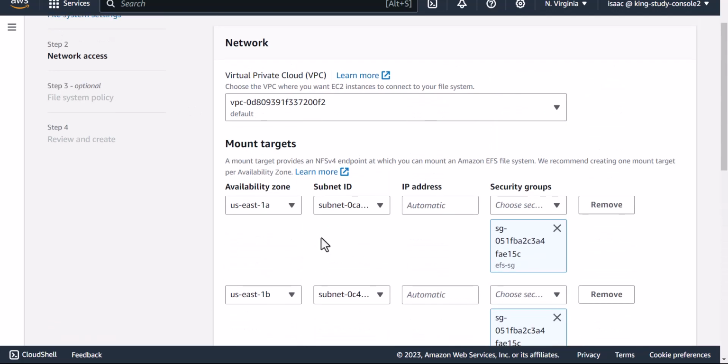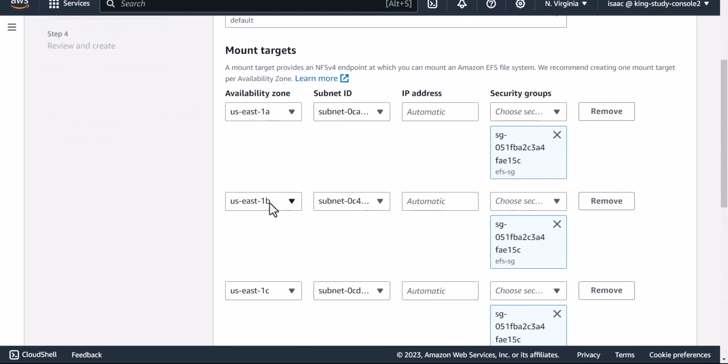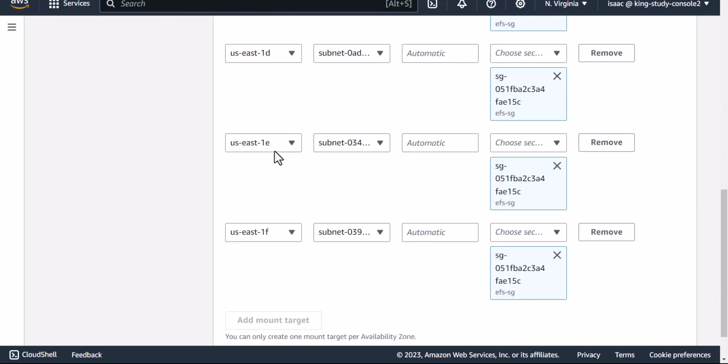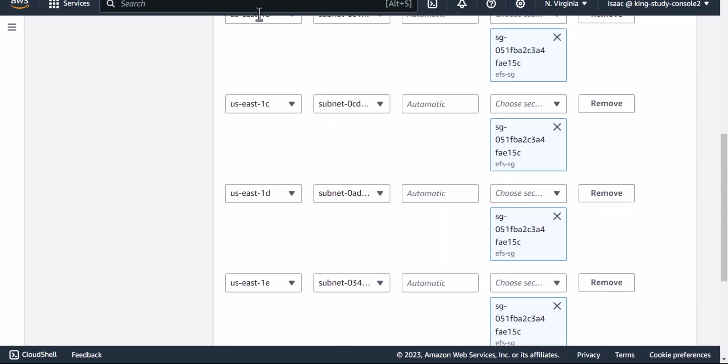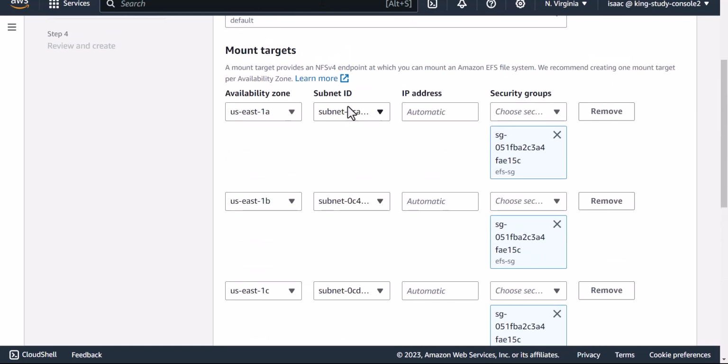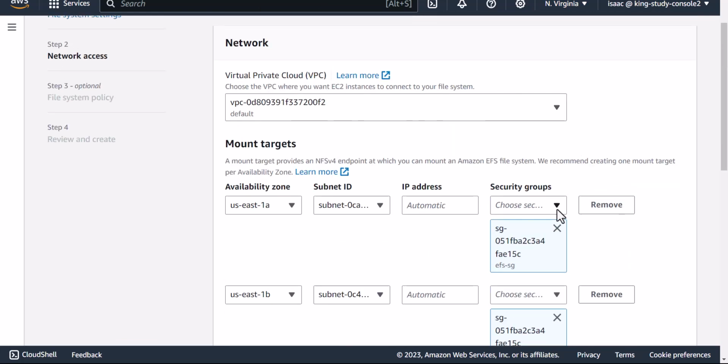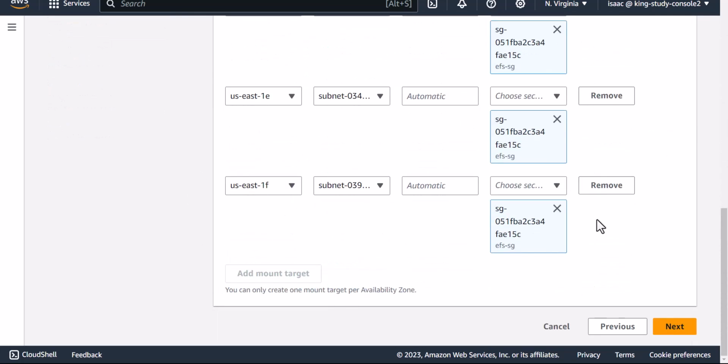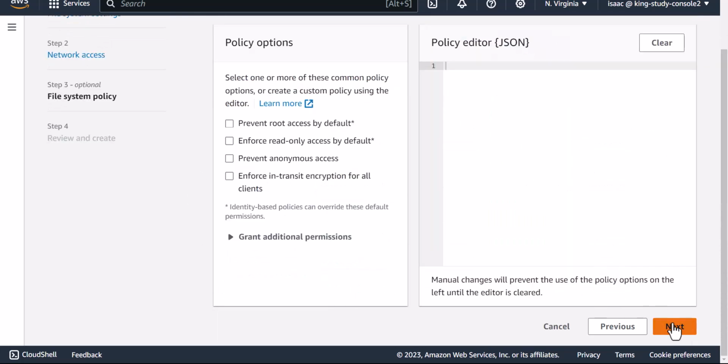We have 1A, 1B, 1C, 1D, 1E, 1F. There are a lot of availability zones in North Virginia, and a subnet has been created for all of them. So I've selected the security group for all those availability zones as well. And EFS is a network file system, so you are able to attach it to instances across different availability zones, and we are going to look at that shortly. All right,